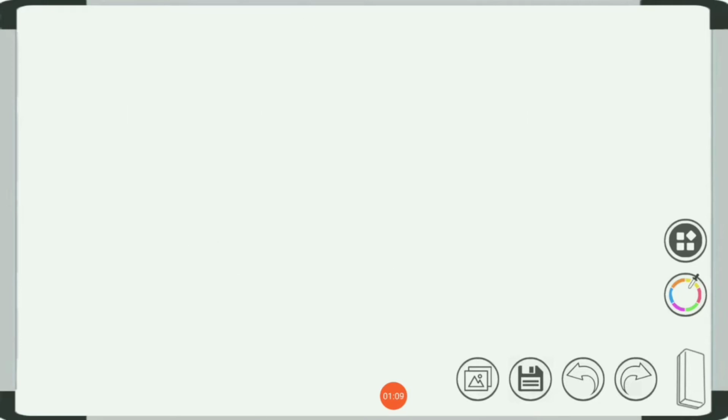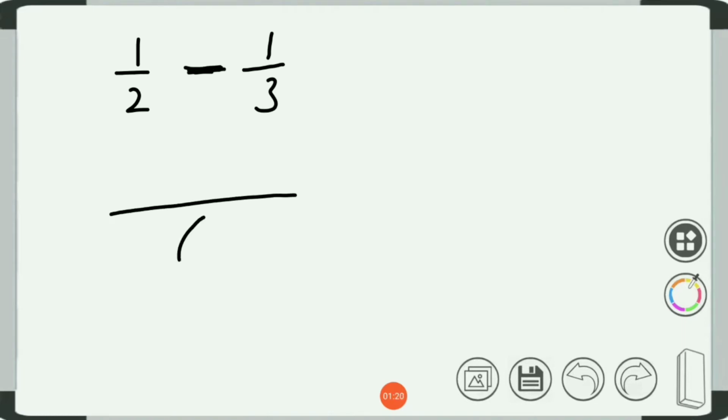What do we do now? We have 1 upon 2 minus 1 upon 3. You have to replace that with the common denominator and keep the minus sign. We have a common denominator now, 6. Now 6 goes in 2's table 3 times. 2 3's are 6. Now multiply that 3 with 1. 3 1's are 3. Keep the sign the same.